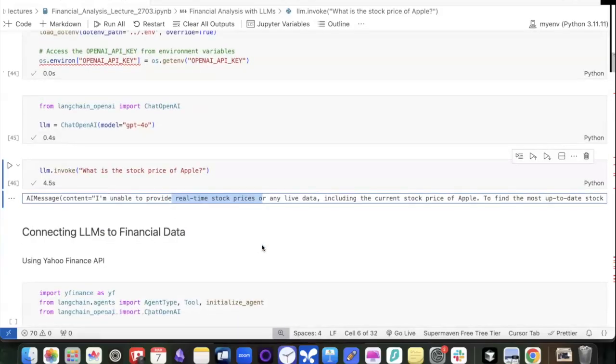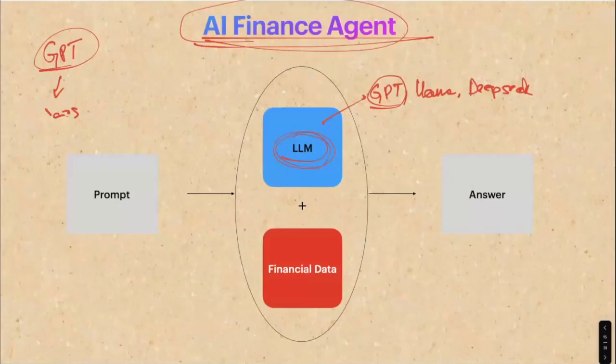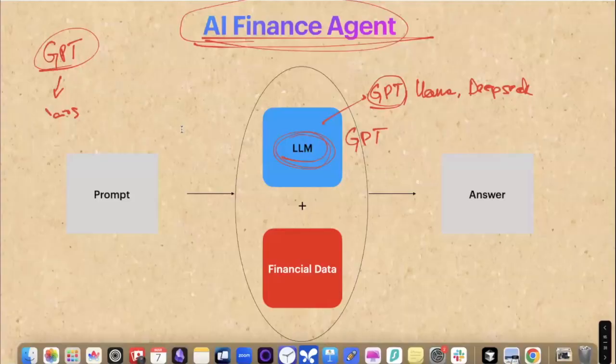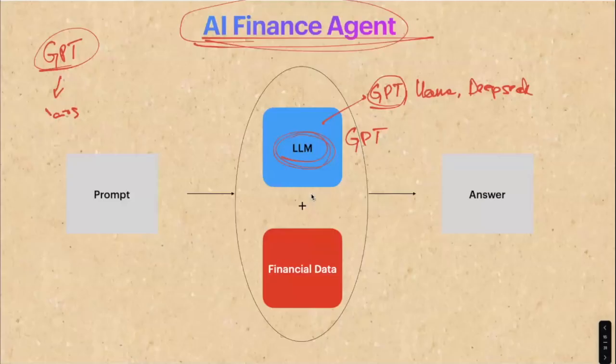So what is an agent exactly? There are different definitions of agents, right? The agent that we will try to develop is, we will take a simple GPT model that is available, or maybe a simple LLM like a GPT model. Currently we see that it's very bad, right? I'm asking it the stock price of Apple and it is not able to respond correctly. So what if I take this LLM and I give it access to financial data? Then we can call it an agent. So again, what is an agent? An agent is nothing but an LLM, or maybe a GPT model, when it is attached to some tools.